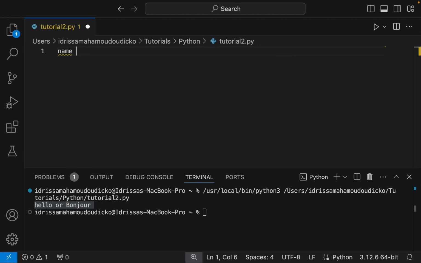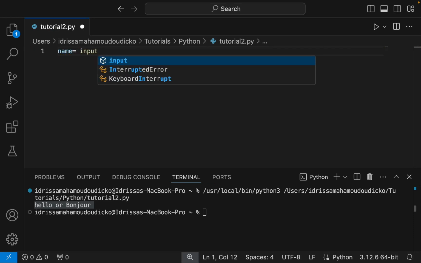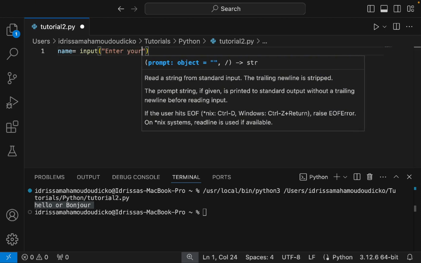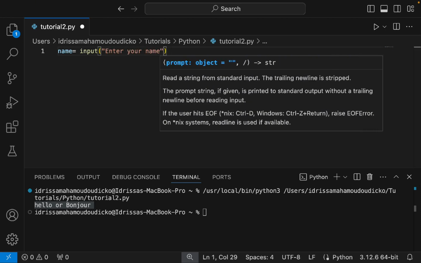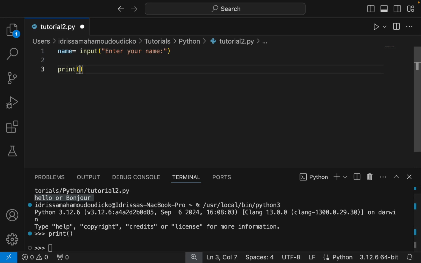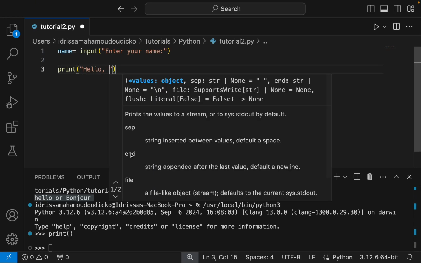Let's say a person wants to take his name. Now you write name, input, then you pass the message, enter your name. So after the person gave his name, then you print it to the console, say print. So you'll greet him, hello,